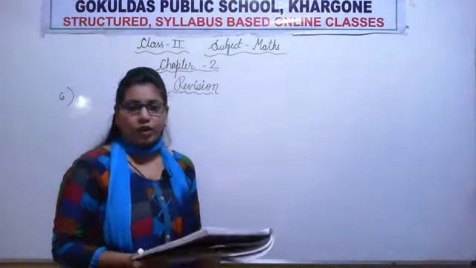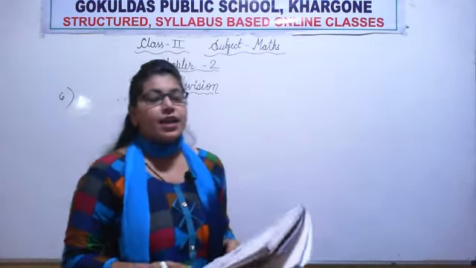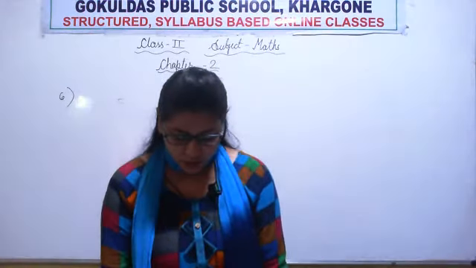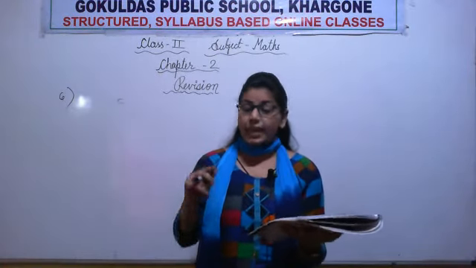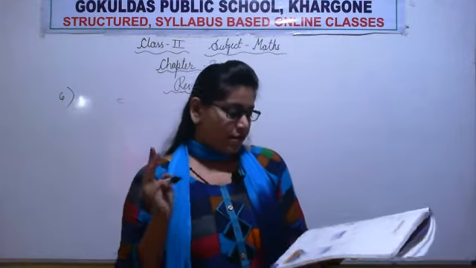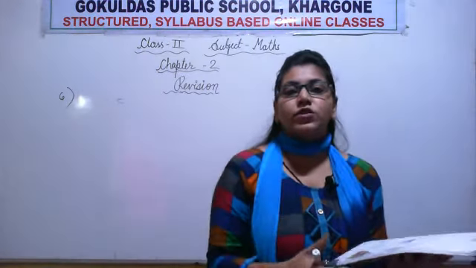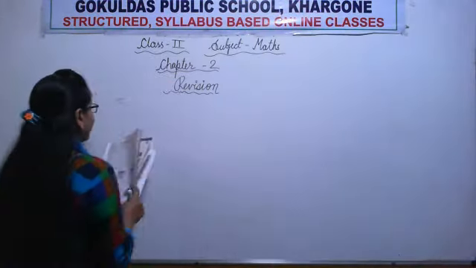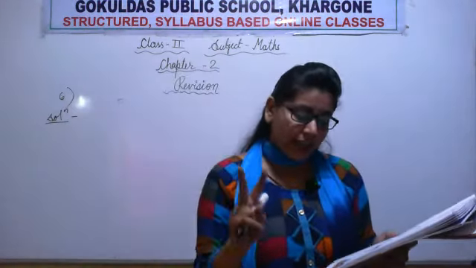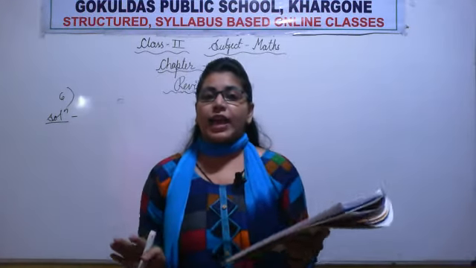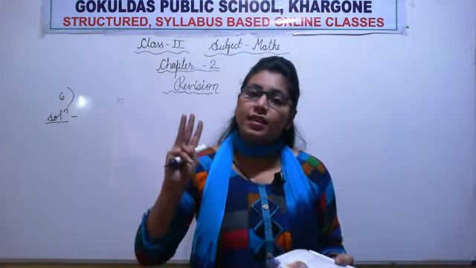Now question number 6. The students of class 2, question number 6, it is a word problem. Okay, so let's read with me. Students of class 2 went on a picnic in 3 buses. The first bus has 40 students. See, now the word problem is started giving us information. So let's write the information first. In a school, so many classes are there. So class 2nd is going on a picnic. In how many buses? 3 buses.